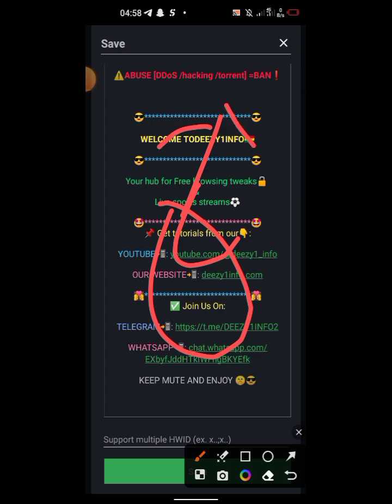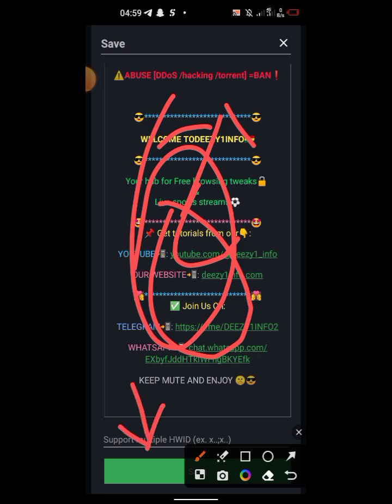This is where you paste all the advertisements, so that it will drive people to your channel. Even if they share the files, people can still see these messages, so that they will join your channel. And here is where you paste your hardware ID.